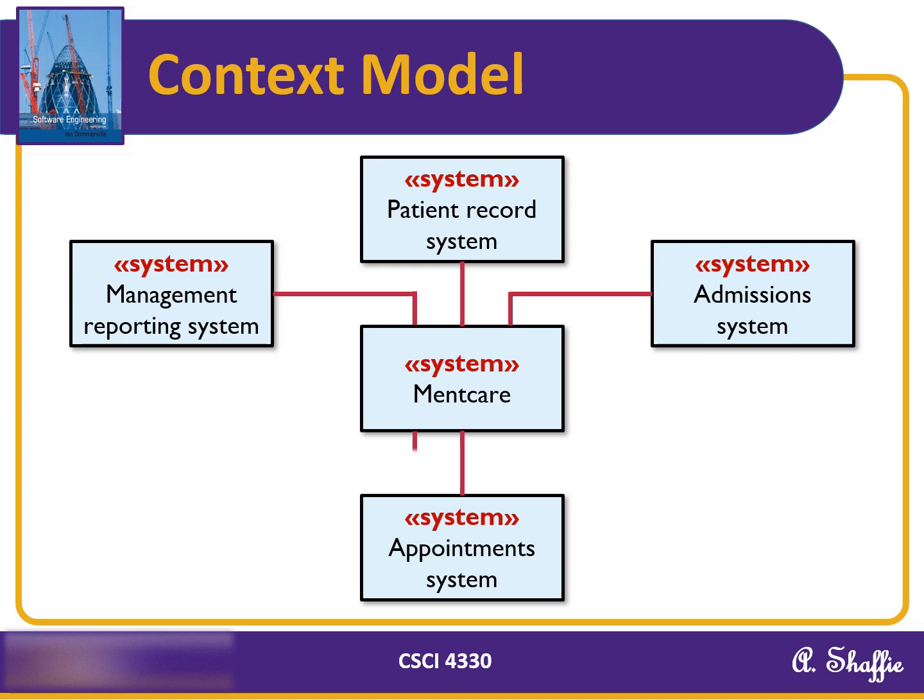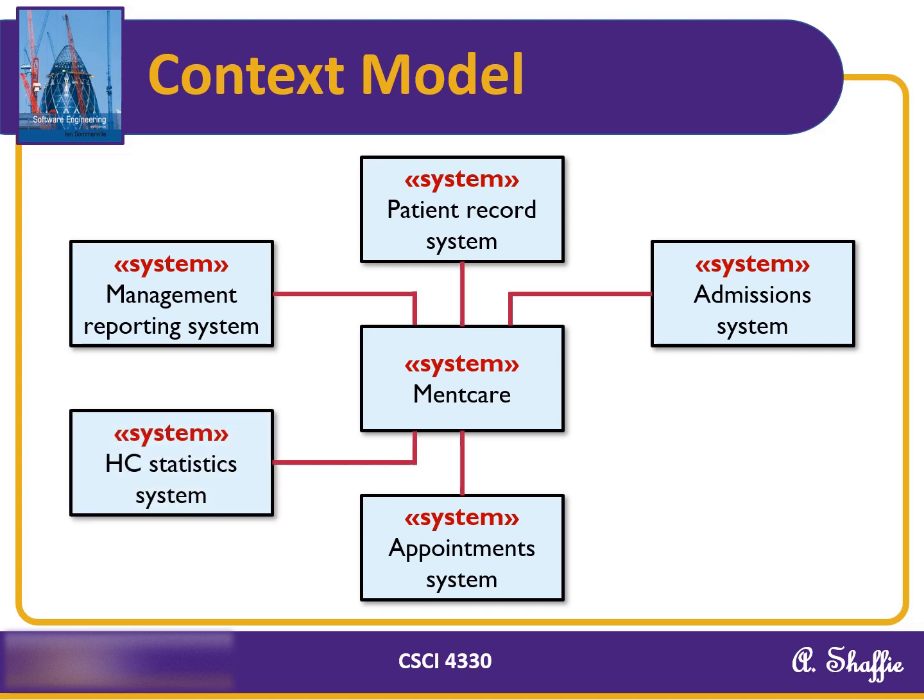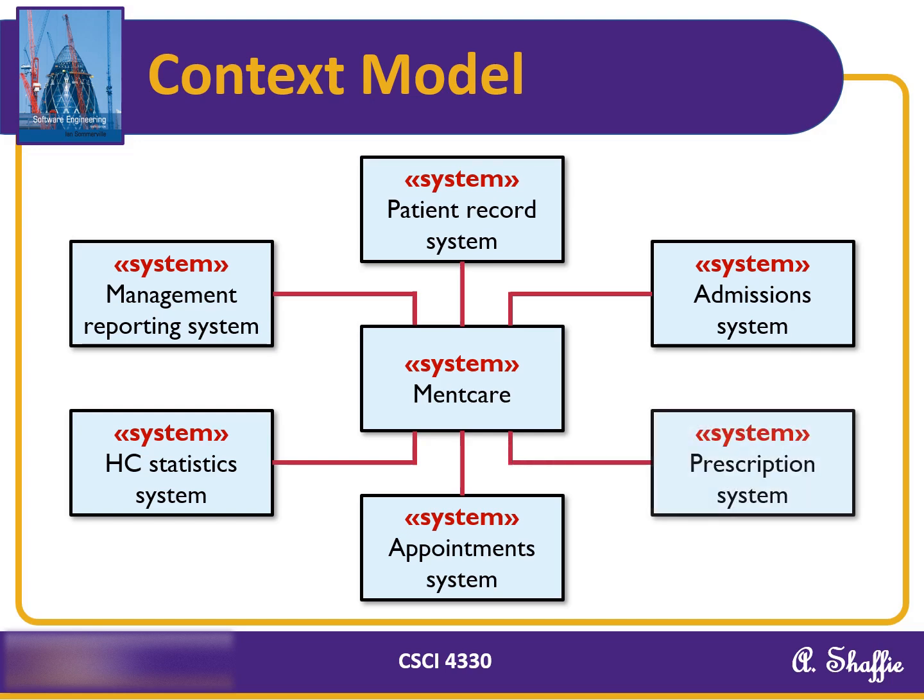The system is also linked to a statistics system that gathers data for research purposes. Lastly, it interacts with a prescription system to create and manage patient prescriptions. This type of visualization is called a context diagram or an external systems diagram. While it is not officially part of UML, it serves as a high-level representation to show how a system interacts